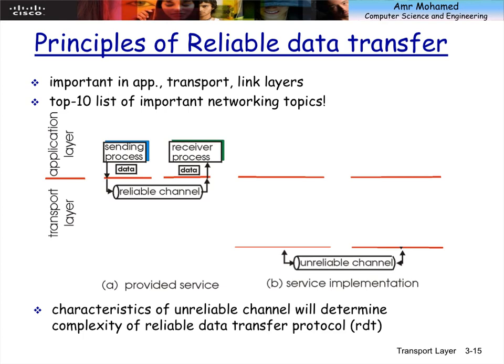And when I detect this, what do I do in order to react to it? Do I do some retransmission? Or what do I do exactly? How do I handle this? So again, the amount of reliable data transfer done from the implementation point of view of the transport layer is dictated by the characteristics of the unreliable channel.